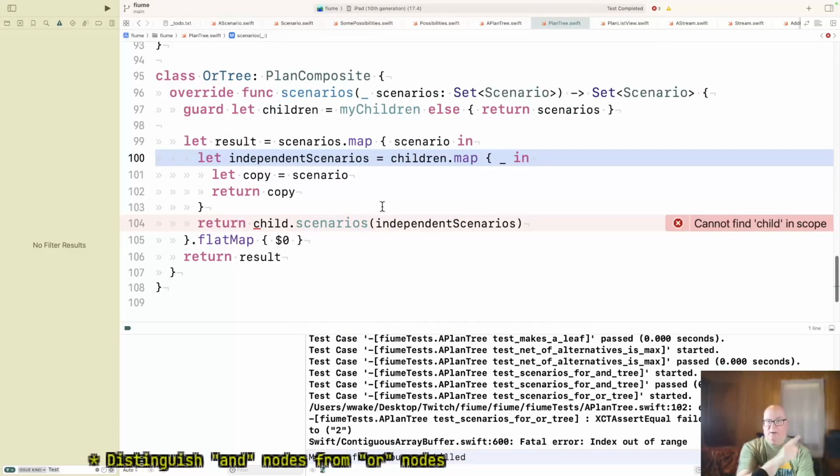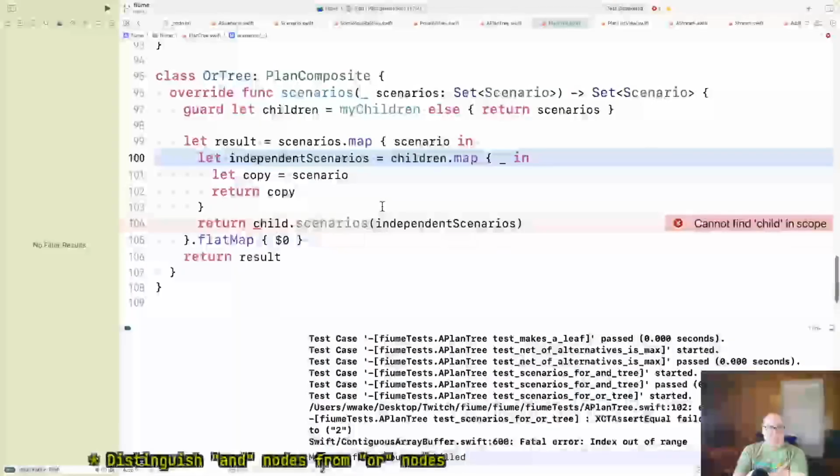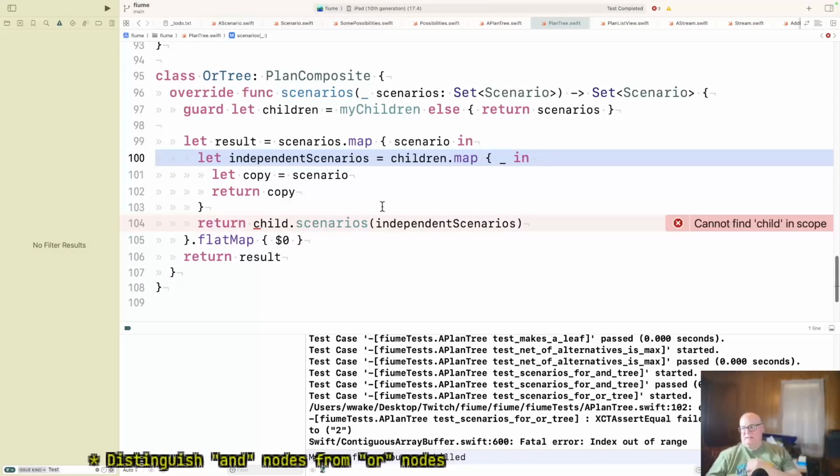For any given scenario, it could be any crazy thing that's going on. I'm going to take that and produce n copies, and then I'm going to apply my child to each one of those n copies. Now, I don't know if there's a way to do that in one swing. Yeah, I get twisted around.